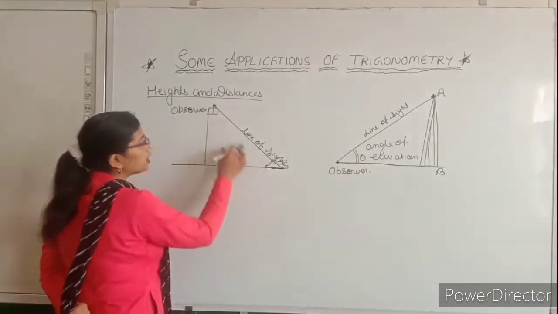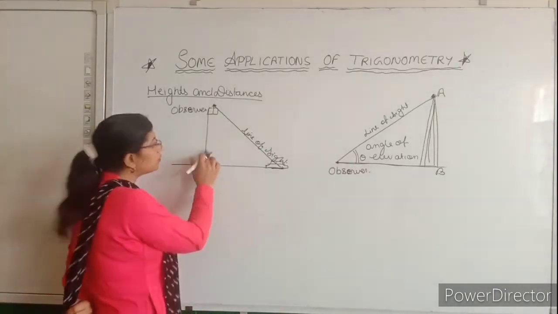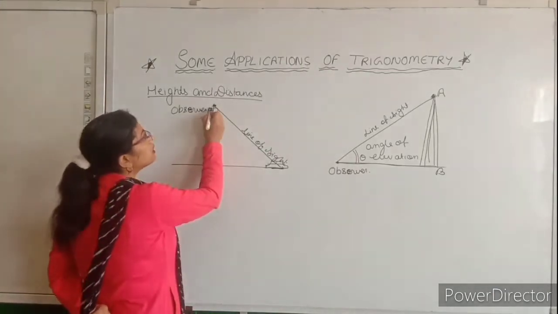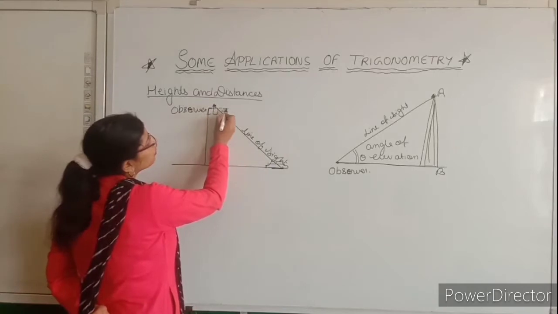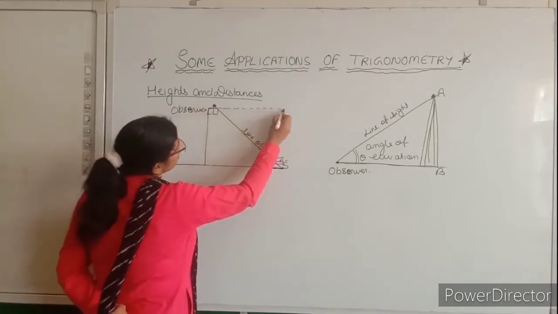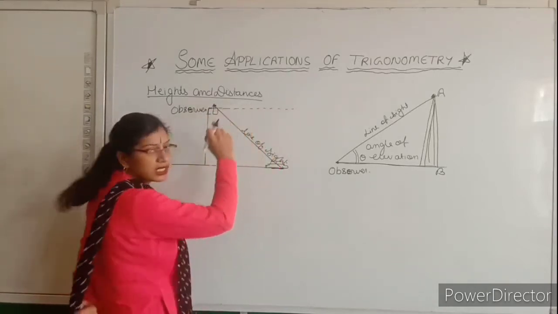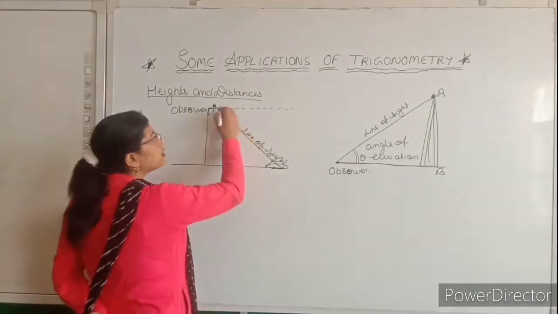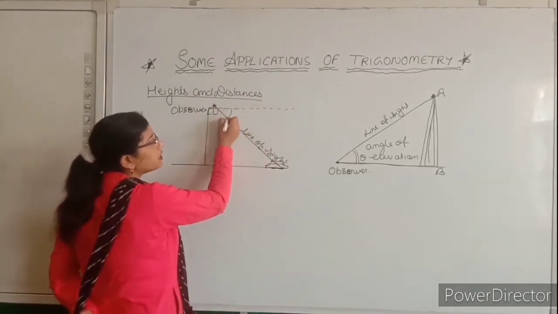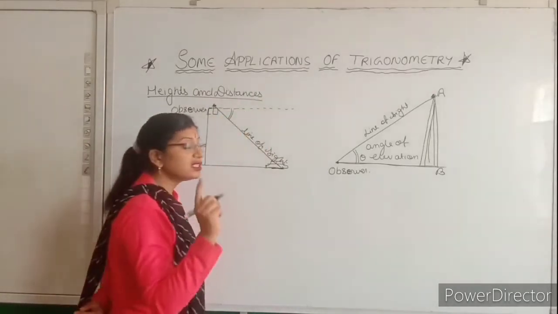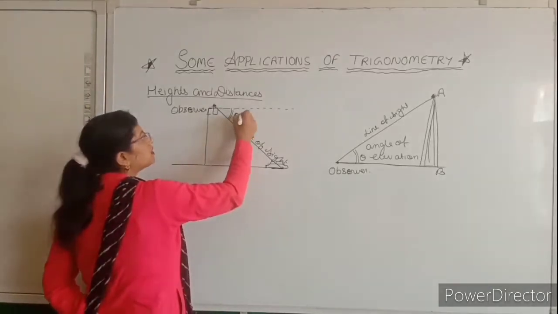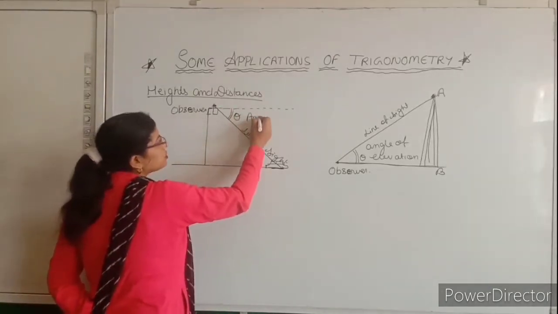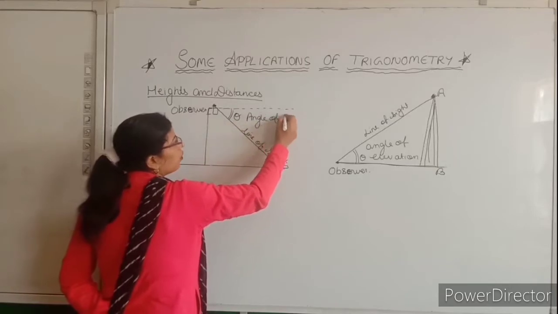So line of sight but horizontal is not there. ये तो vertical है, तो we will draw the horizontal like this. यहाँ से perpendicular draw करोगे. So this will be the horizontal. Obviously this is parallel to this. So the angle between the horizontal and line of sight, ये वाला angle हुआ. So this is called the angle of depression. You can say this is theta and this is known as angle of